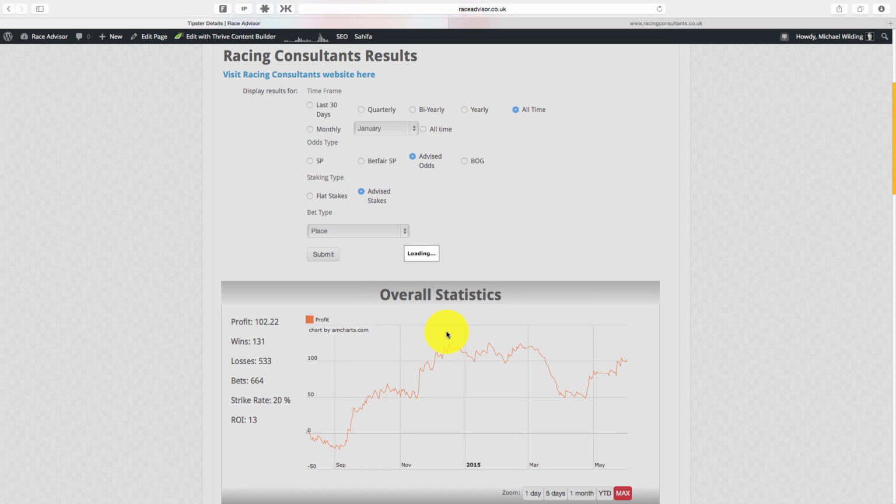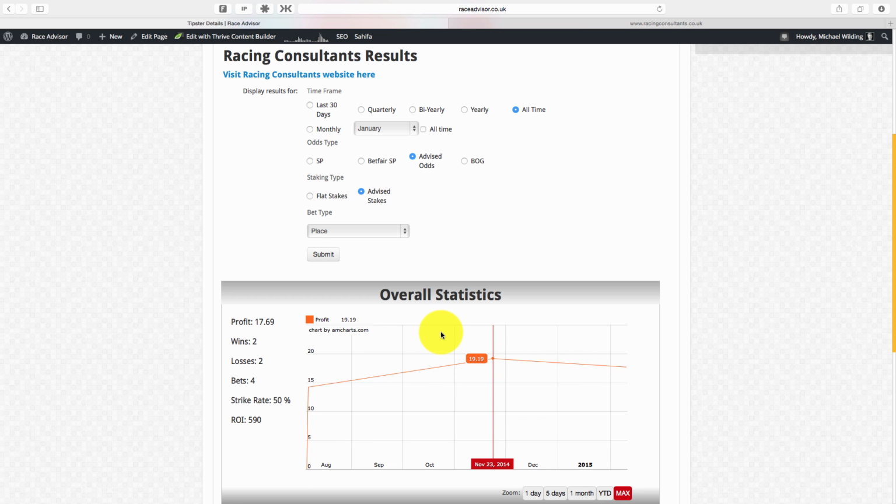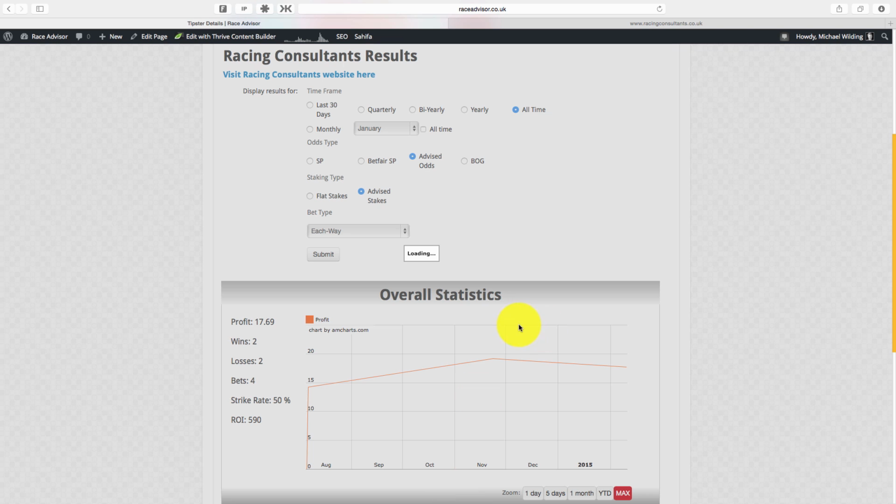Let's take a look at place bets. Okay, looking at place bets, we can see there haven't been many. There's only been 4. It's made a good profit, but with 4 there's not enough data to statistically make an assessment as to whether we should include or exclude them. Going on to each way